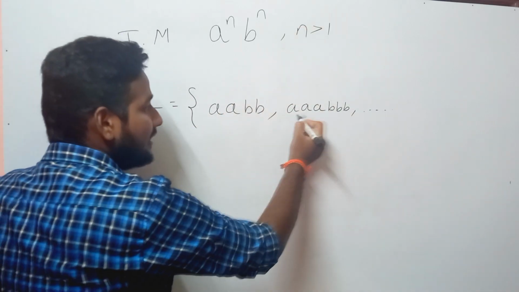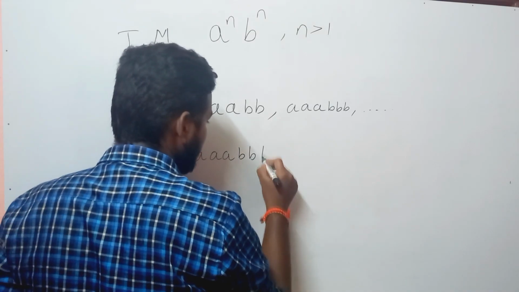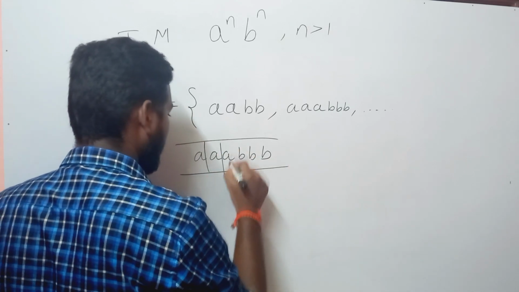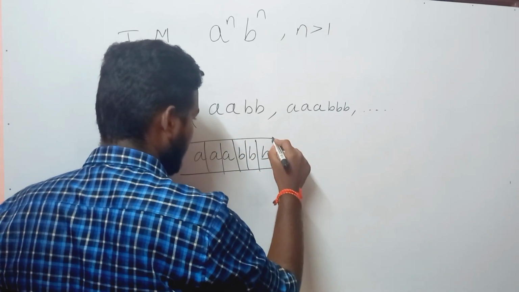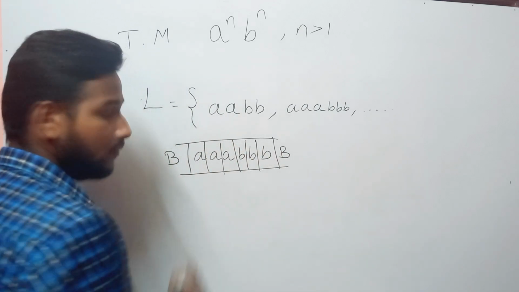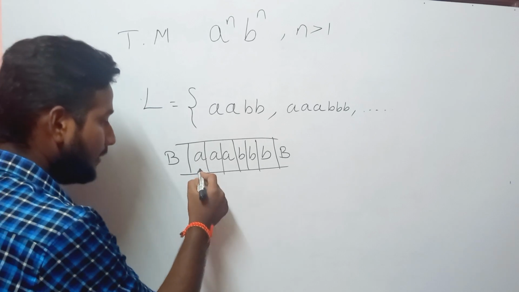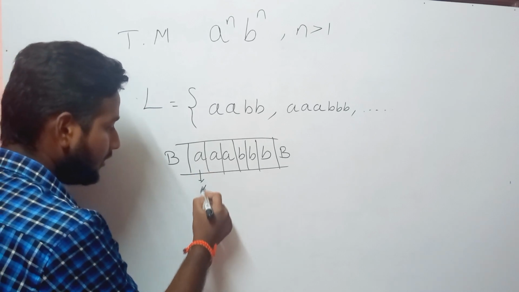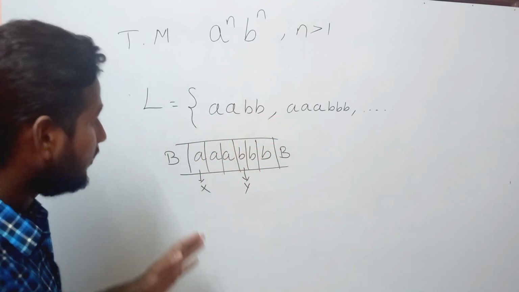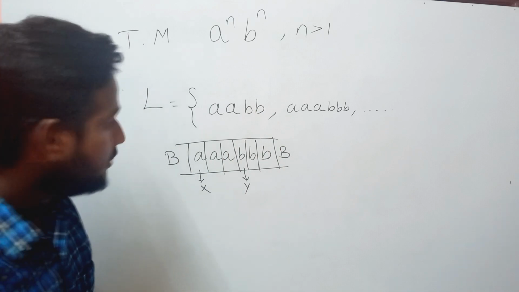Let us consider this as an input tape string. For this, we need to construct a Turing machine. For this, we replace A with X and B with Y. This string is accepted for an equal number of A's followed by an equal number of B's, which means